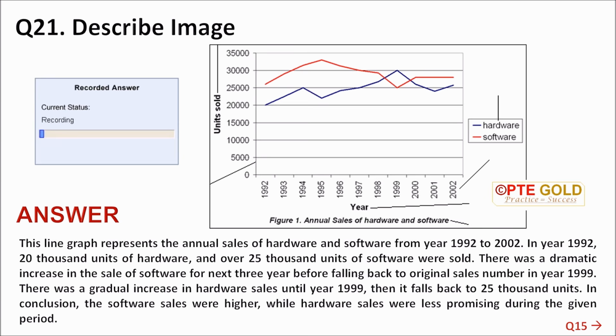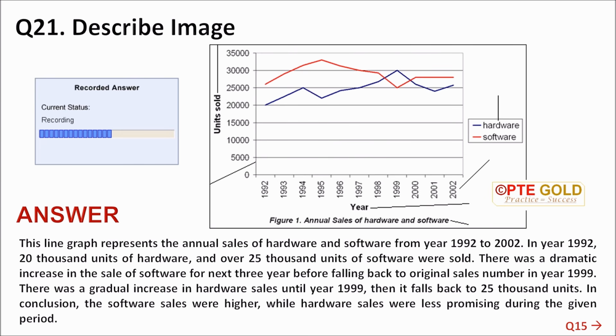This line graph represents the annual sales of hardware and software from year 1992 to 2002. In year 1992, 20,000 units of hardware and over 25,000 units of software were sold. There was a dramatic increase in the sale of software for next 3 years before falling back to original sales